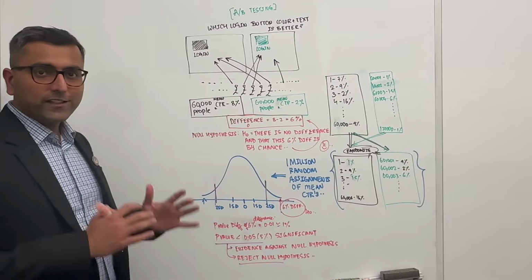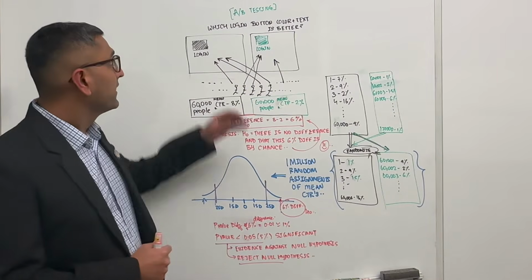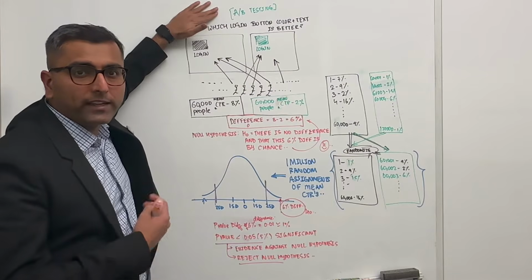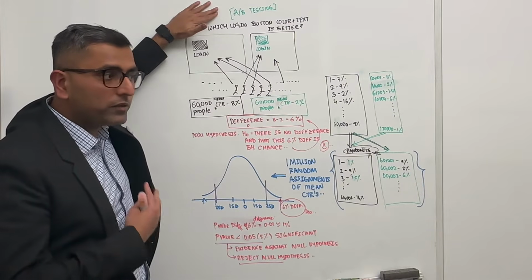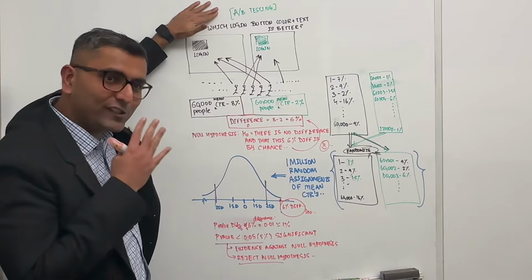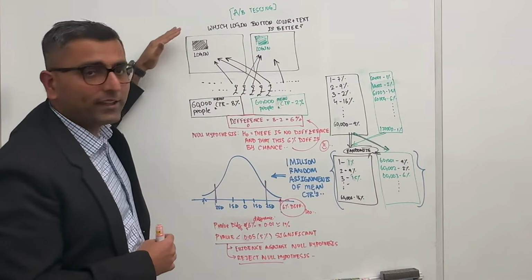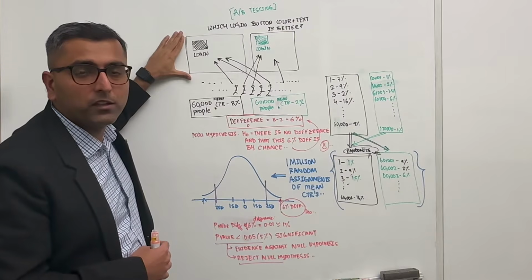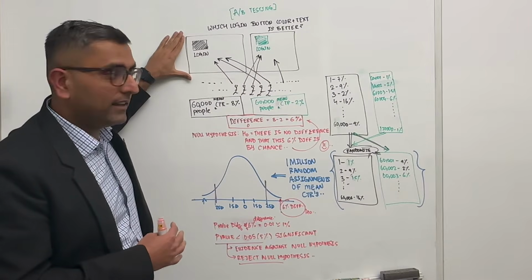Let's learn what is the intuition behind A/B testing. A/B testing is what you do when you want to find out causality. You want to say that this thing caused this thing, right? So for example, let's say you have a website and you want to be sure that, let's say, a button